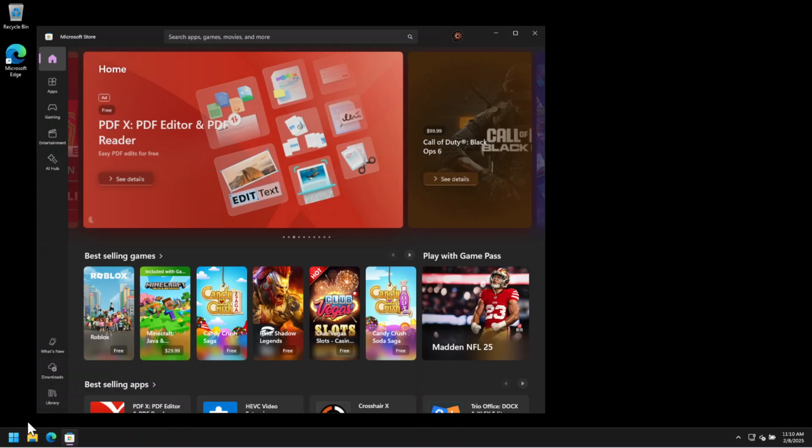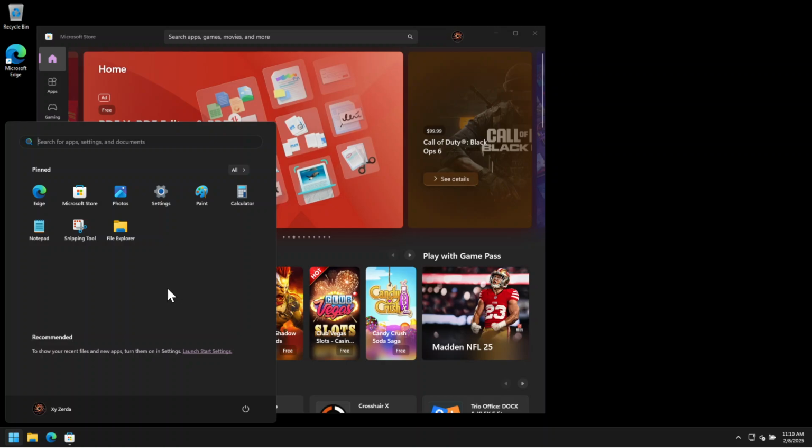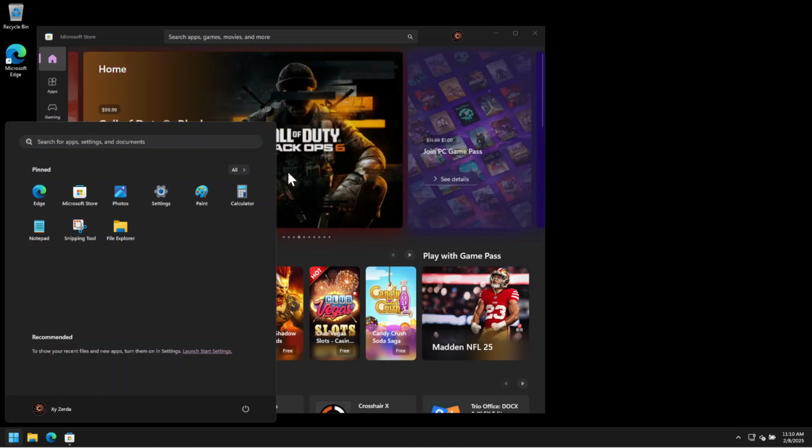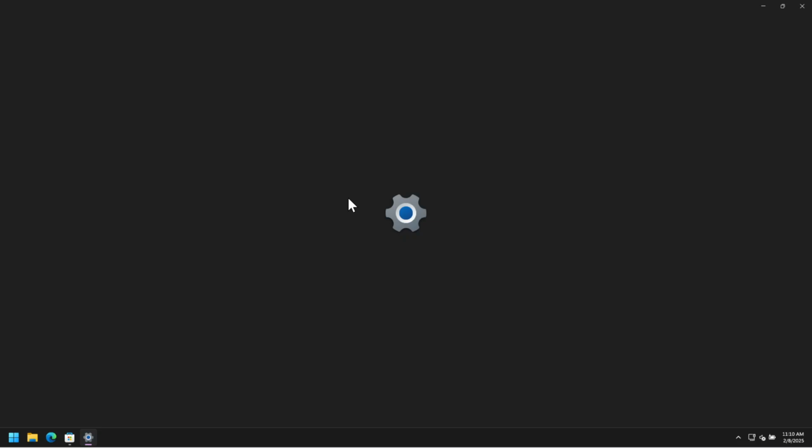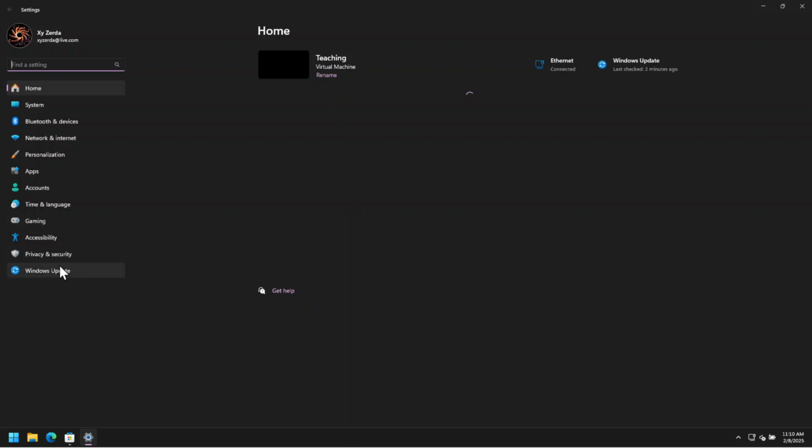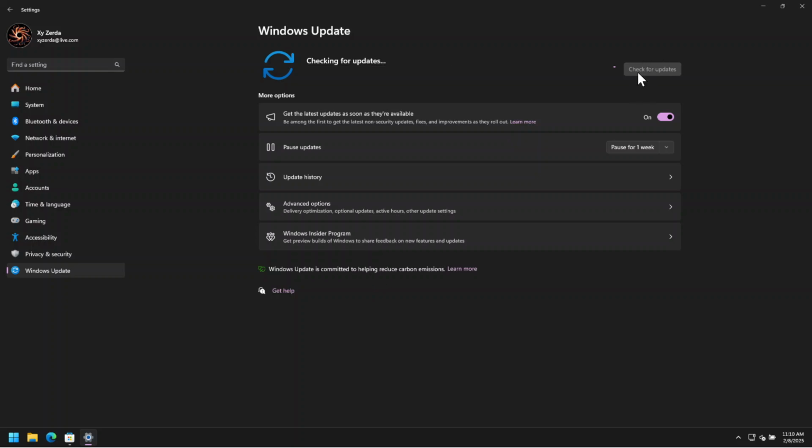What not very many people, even in the IT field, realize is that the Microsoft Store has a different update system from Windows. So when you come over here and check for Windows updates, which it looks like it just did for me on its own, you will see this load for a little bit, and then you will